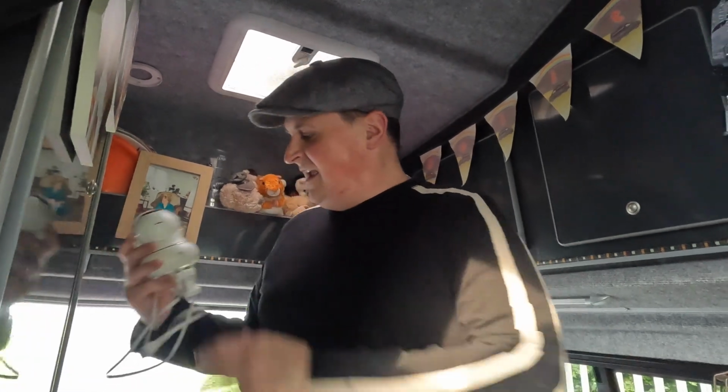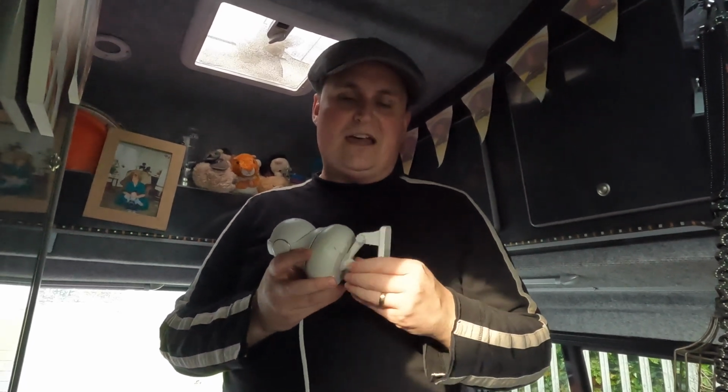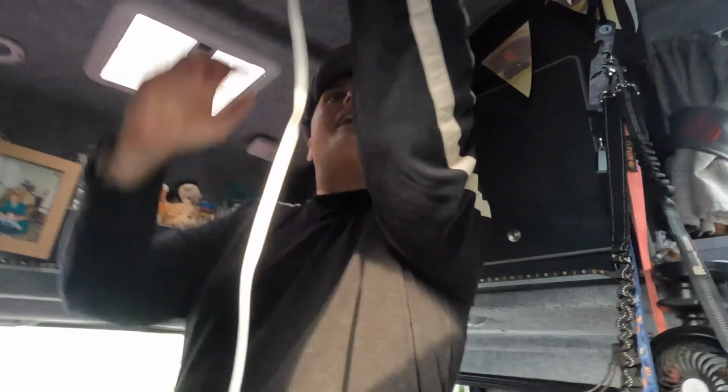Okay, so the next thing to try and keep the van safe is we have got a camera. Now this is primarily, I'll be honest, for when we do pub stops and we leave the dogs inside the van. This is connected up to the internet, so we've got an internet router. As long as we've got an internet signal, we're fine. If we haven't got an internet signal, this is about as much use as an Ann Summers bra on a nun. So this is almost a bit useless. But what we do is we hang it over here,